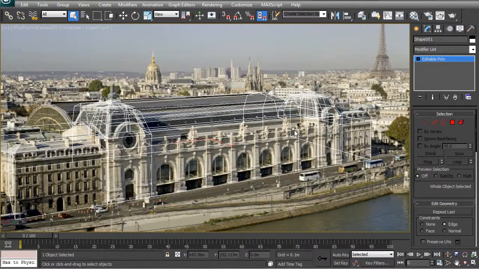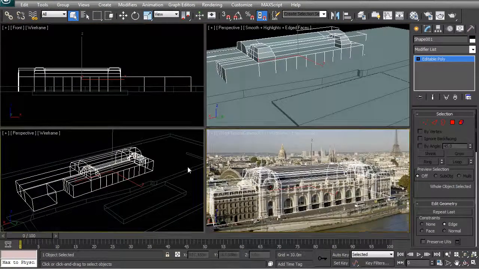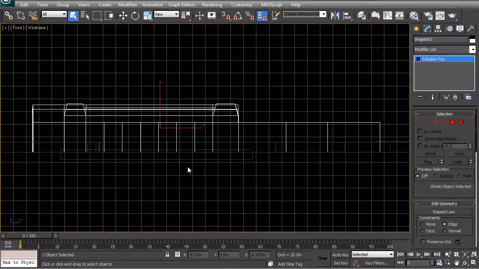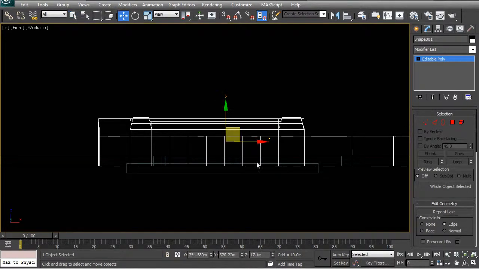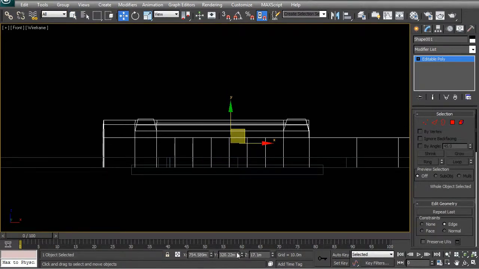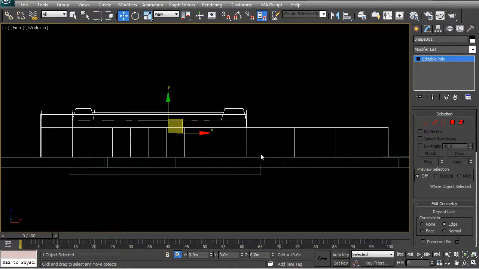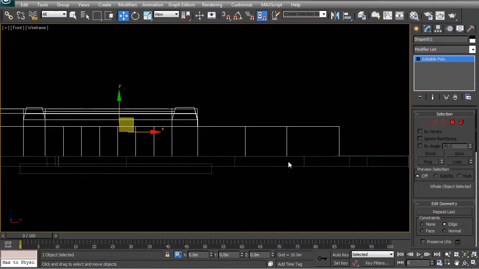One thing that I realized when I looked at it in perspective was that it has actually been modeled off the zero plane upwards, if I look in the side view, so the ground is actually much higher than the building. So what we need to do is just move this building up. I believe it is by 8 meters, and now it will be sitting on top of the actual ground plane,